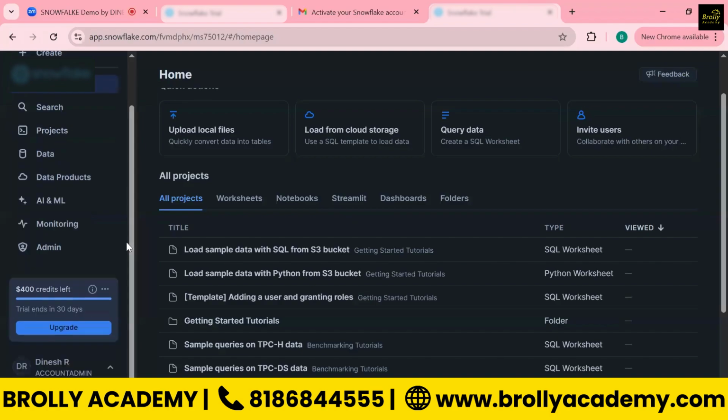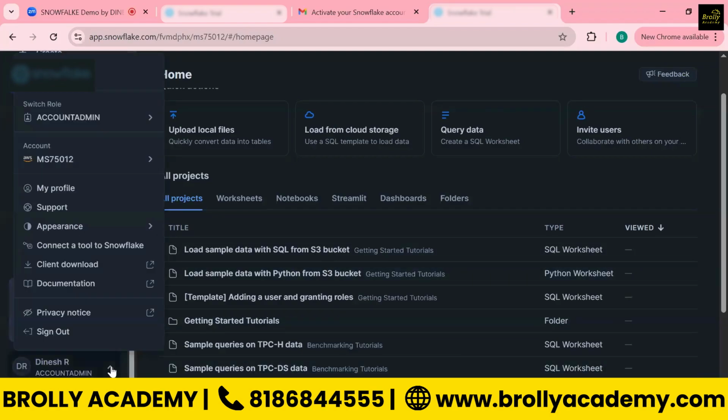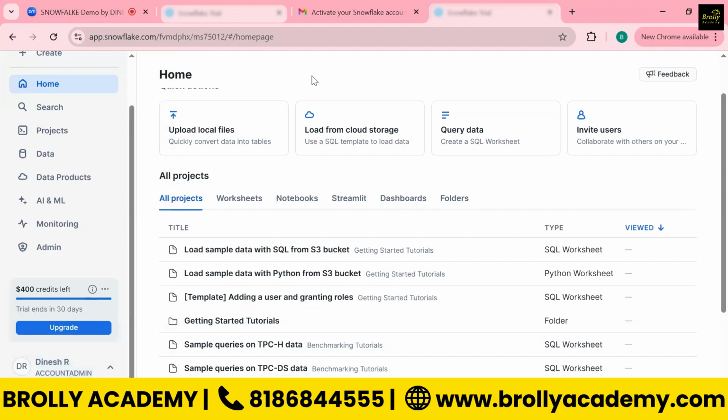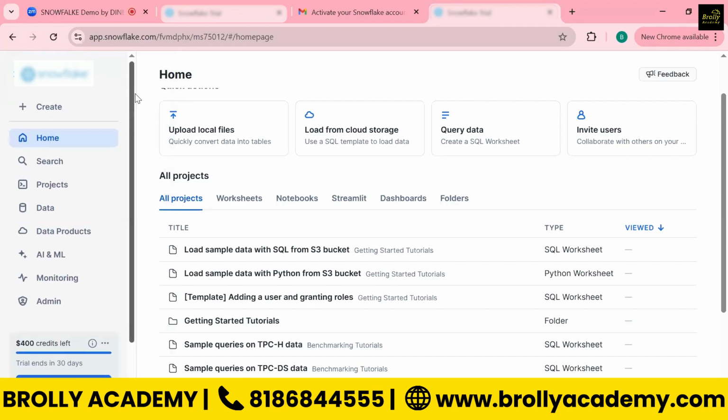Before going to that, this is dark mode, right? If you wanted to change from dark mode to light mode, you can go to appearance and click on light, then it will come to this light mode. Here, whatever you are going to work,